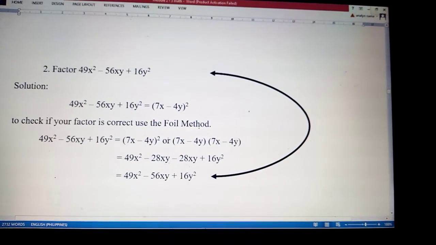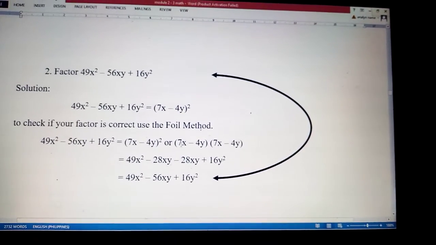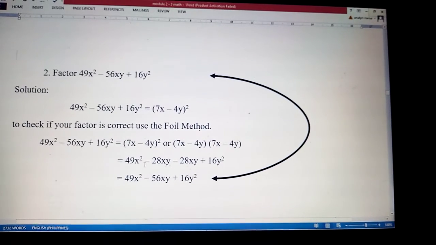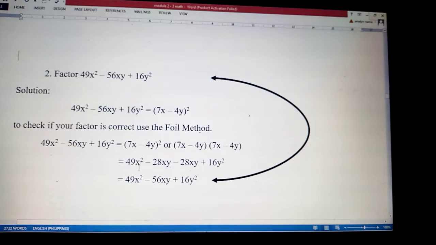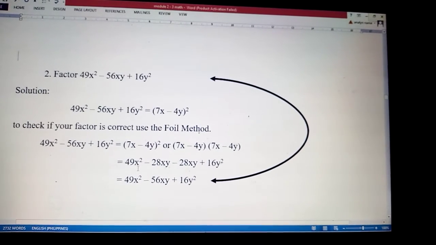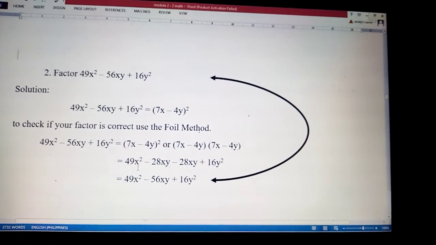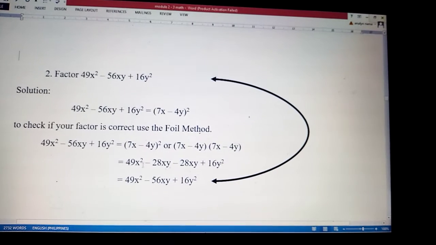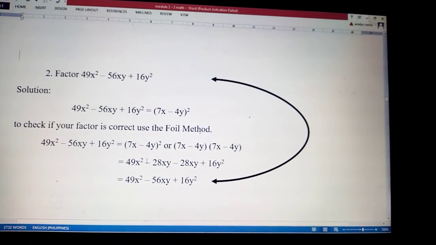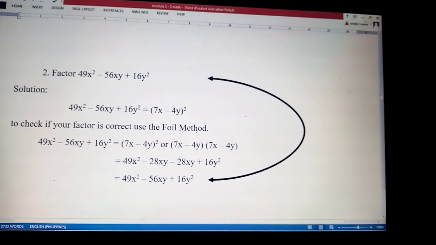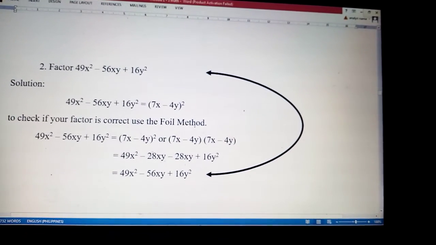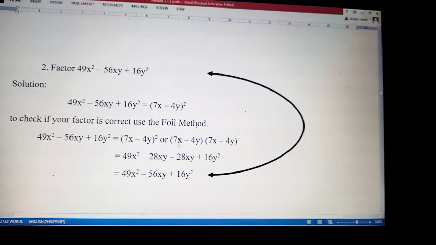The FOIL method is the first term to first term. So, 7x times 7x is 49x squared. Remember that our law of exponent in multiplication is addition. Kaya may squared tayo sa x or may exponent tayong 2 dito sa x. Then, next is the 7x